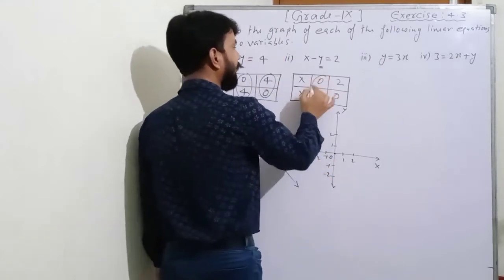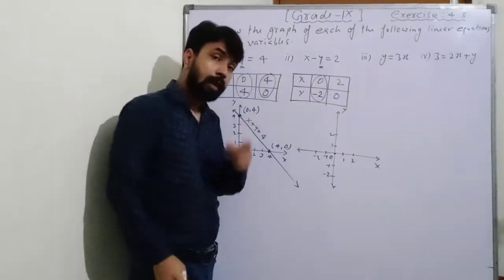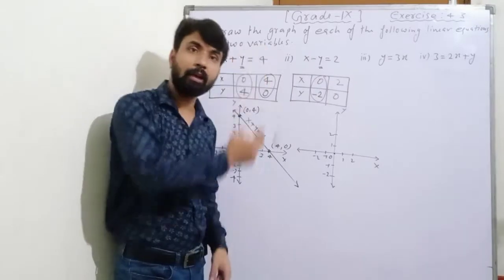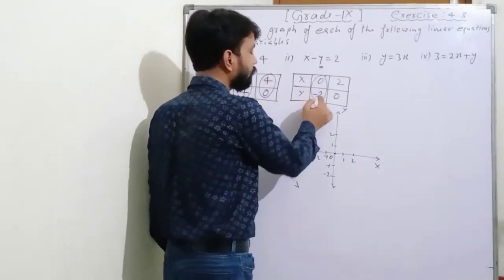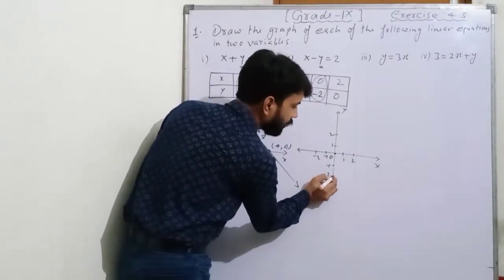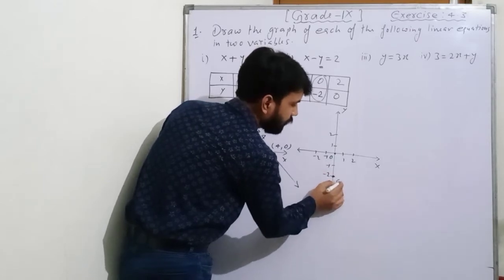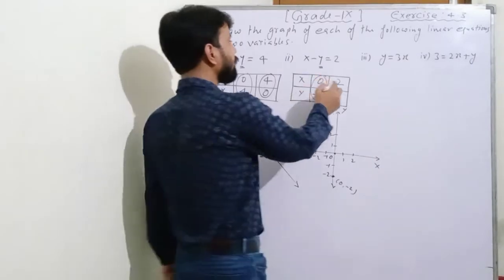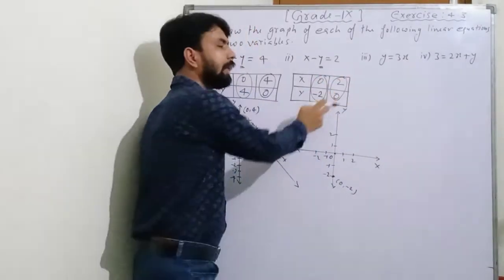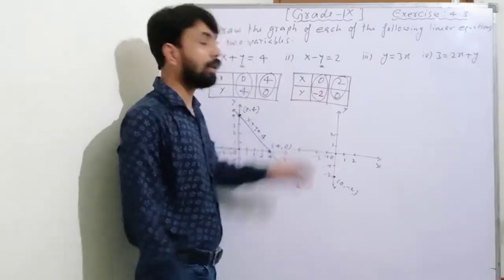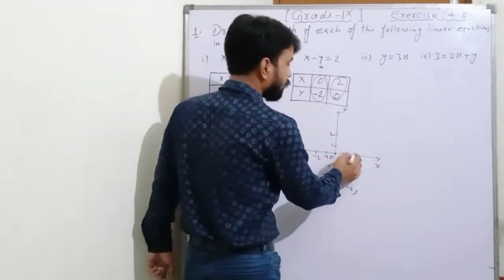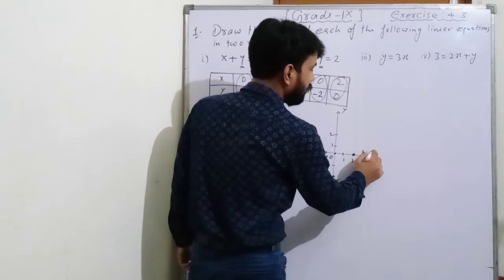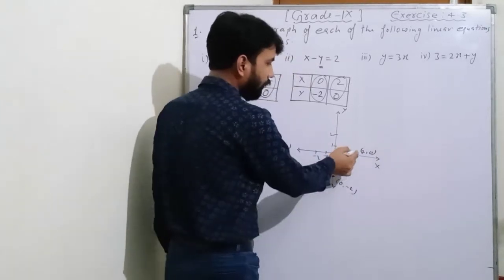Very first point, x is 0, y is minus 2. Since x is 0, the point will lie on the y-axis. On the y-axis, minus 2 is here, so this point is (0, -2). Second point is x is 2 and y is 0. Here ordinate is 0, so this point will lie on the x-axis, so this is (2, 0). Now we will join these 2 points